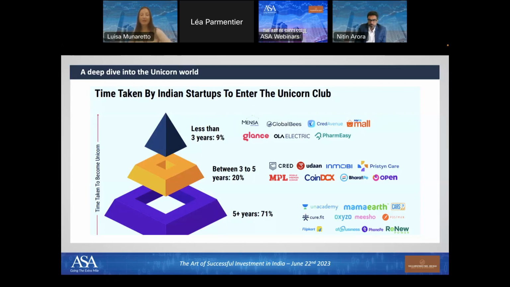Then clearly we have the very well-known Flipkart, the first online supermarket which existed in India. But we have a lot of examples of other businesses, like CureFit and Unacademy, which take more time to become a unicorn. Then you have a second family